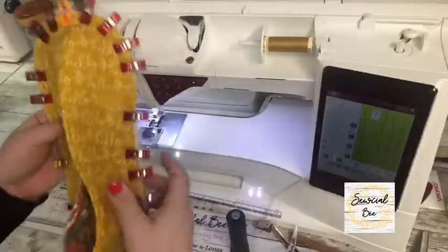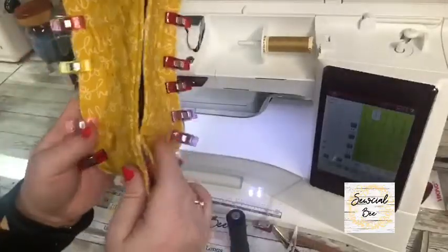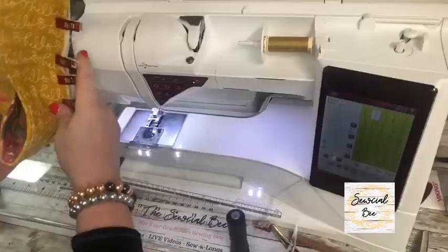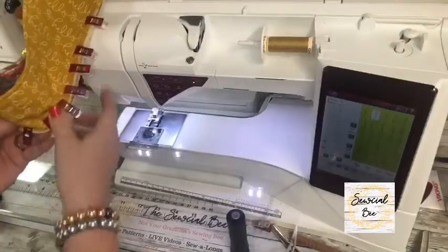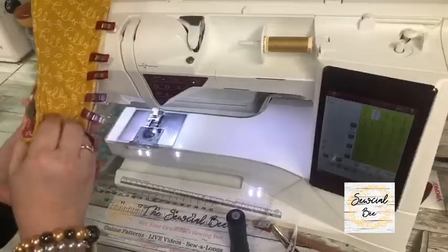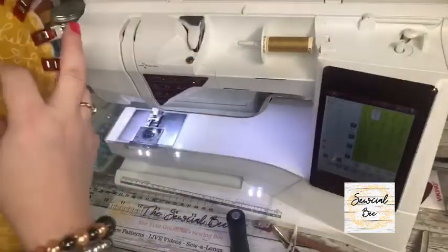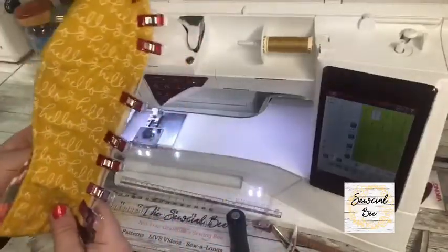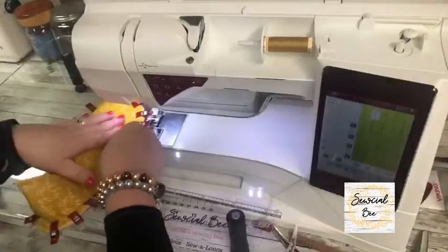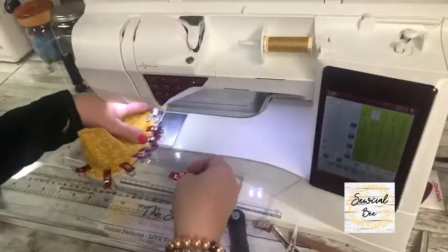Okay, I think that looks good. See how nice that looks? This is what you want it to look like. If yours doesn't look like this, then you need to adjust it a little bit. My heel's looking good, right with the toe, all the way around. All the way around, it's looking really nicely. So now we are going to